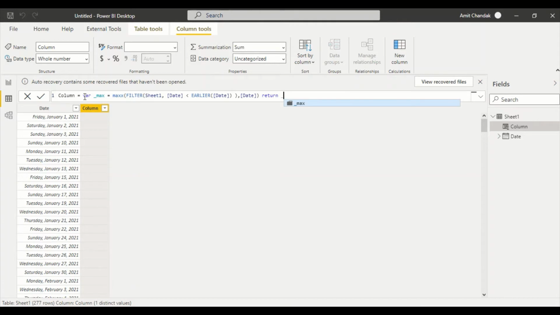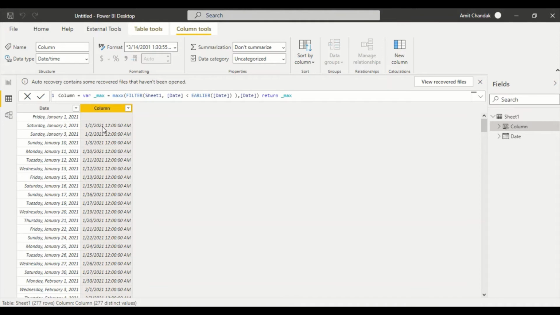And let me return this max right now. We'll improve upon this formula so that you understand how we are going to do this. And this is the newer version. There are some new things which have come down. Okay, so now you see this previous date is there. Now I need a diff. So how do I need a diff?